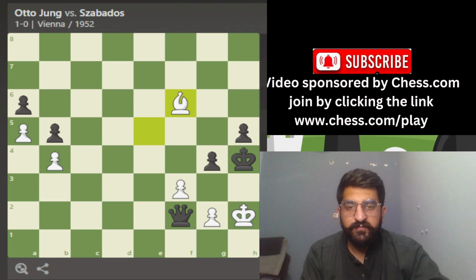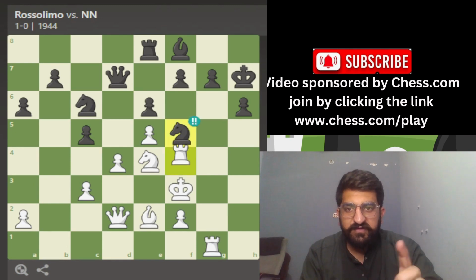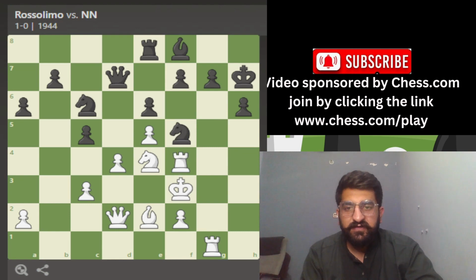So here comes the last and the most important, the number 1 most beautiful checkmate I have ever seen in the life of chess. So let's head toward number 1. This game was played in 1944 between two grandmasters. So we are in the endgame, and white plays. Let's take this move back, and white captures the knight at f5 with the rook,